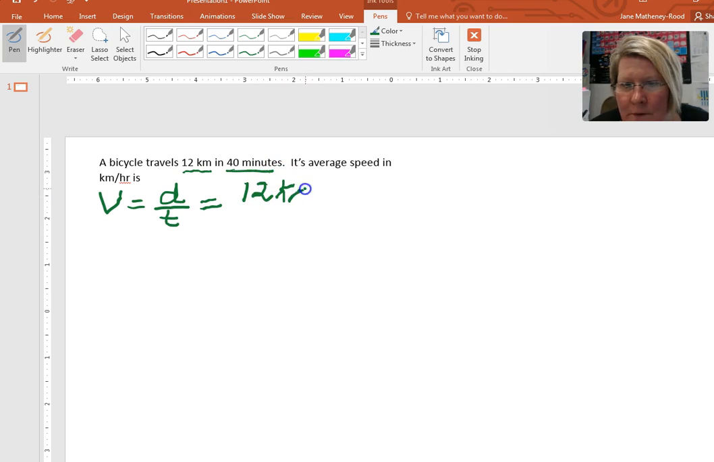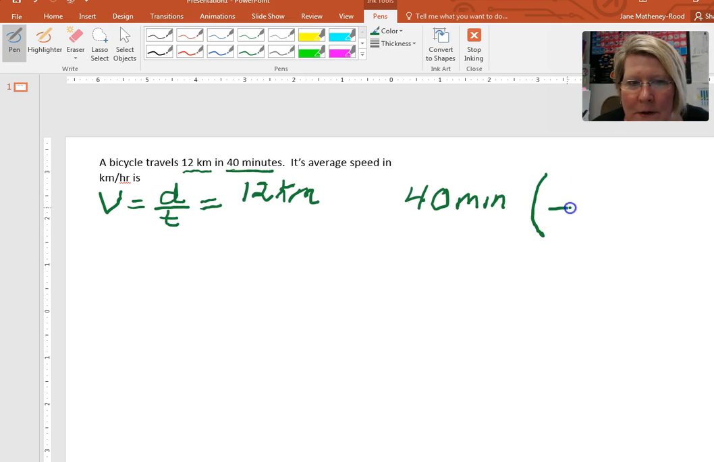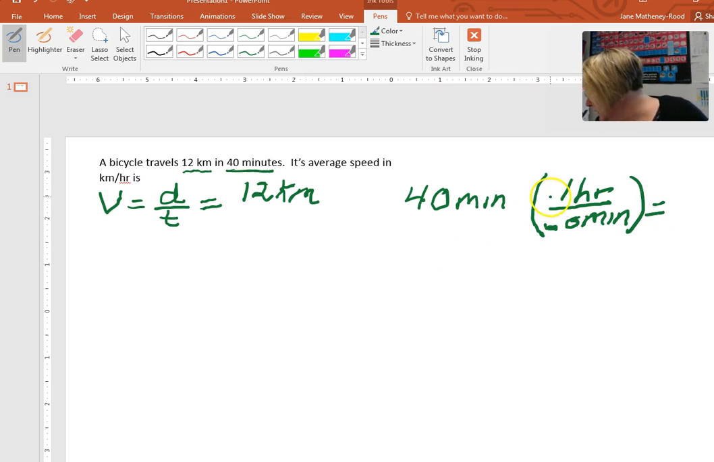Then I want to convert, that's not very good handwriting, I apologize. I want to convert my minutes into hours. So let's do our conversion. You're starting off with 40 minutes. And let's set it up like I tell you to set it up. How many minutes are there in an hour? There are 60 minutes in 1 hour. Okay, so that comes out to be,